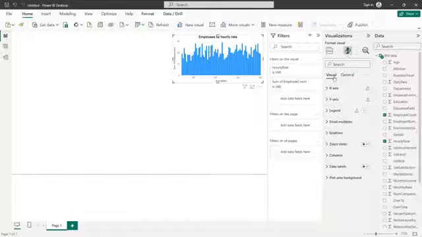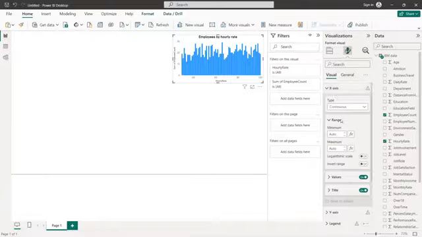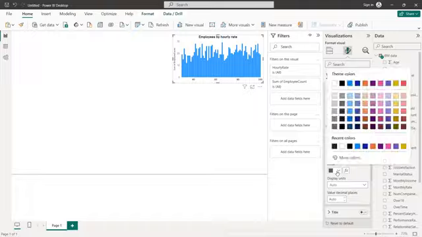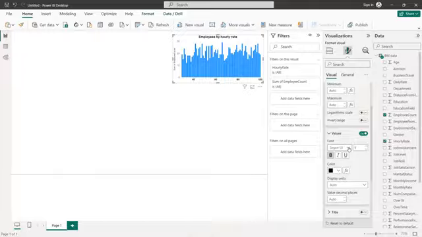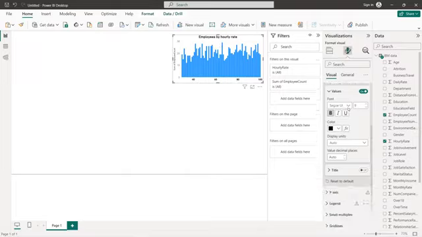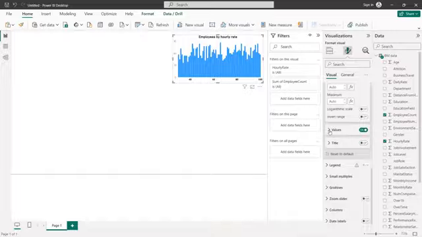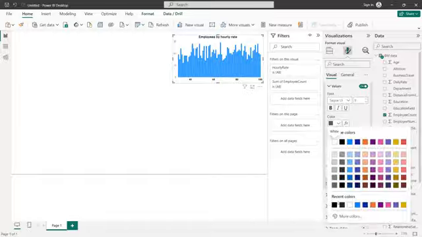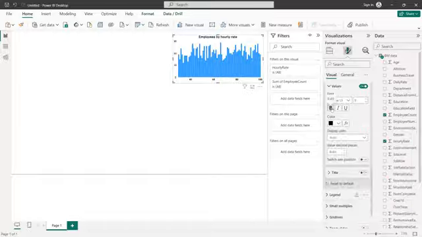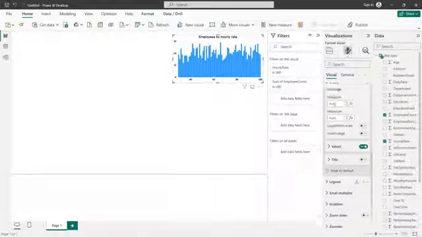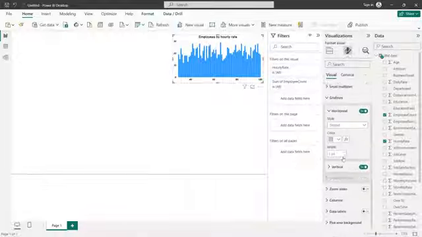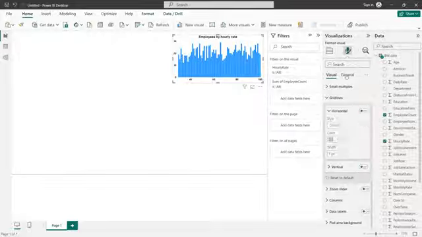Okay, we'll go back to visual. For the x-axis, we are going to remove the title and the values bold black, right? Same thing for the y-axis. We click on y-axis. We remove the title. Same thing for the values. It will be black bold, right? For the grid lines, we select off, and we go back to general,